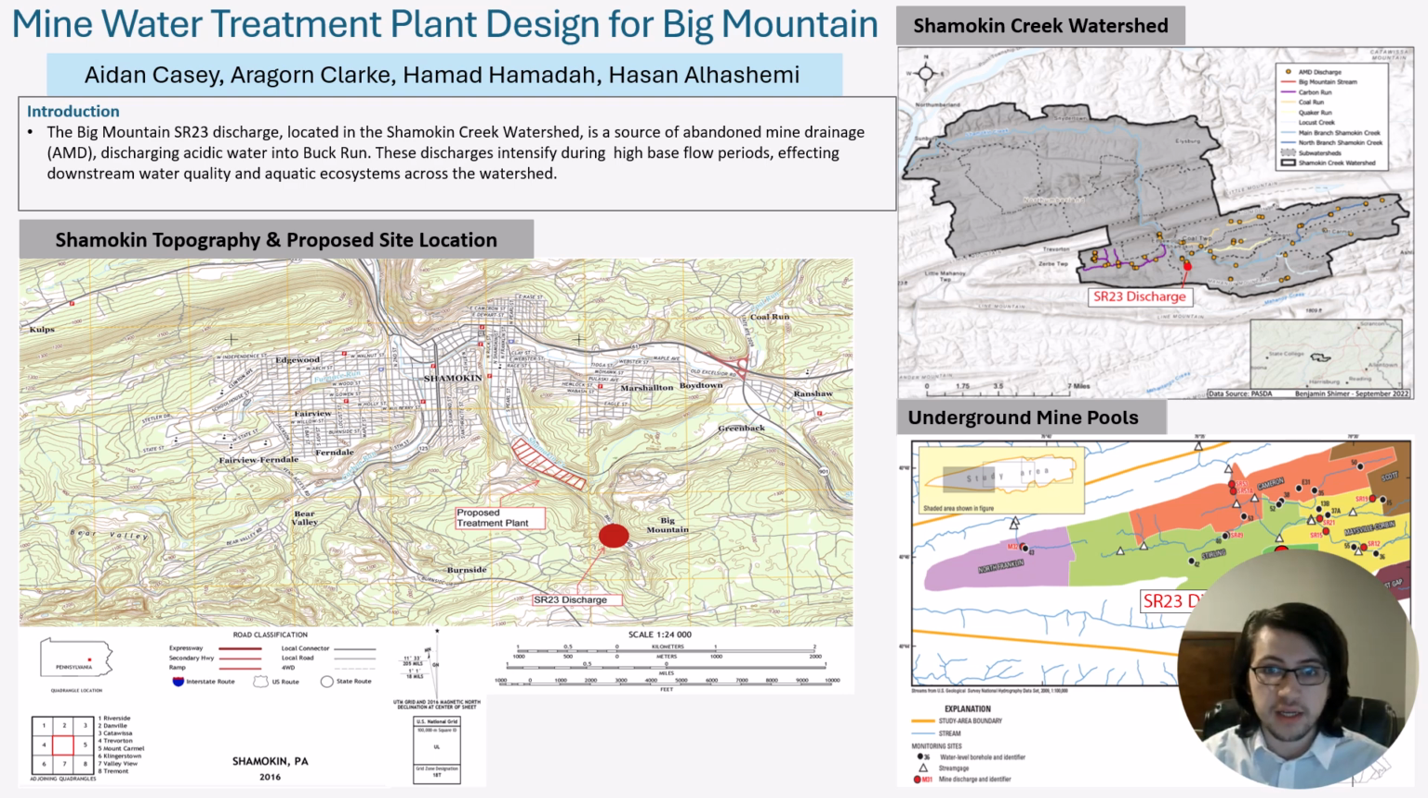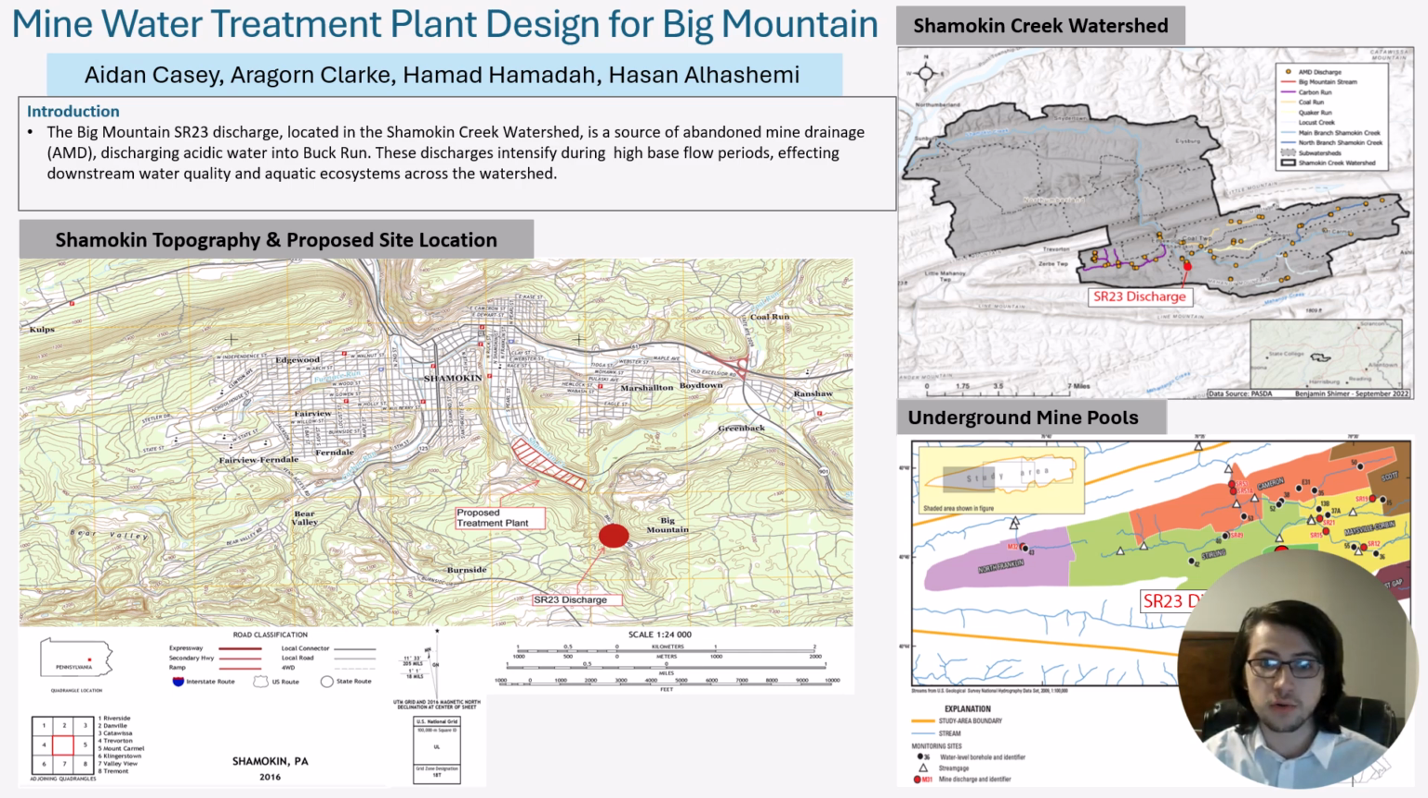Hello, my name is Aidan Casey, and our team designed an abandoned mine drainage treatment plant for Big Mountain, where our goal is to turn acid mine drainage impacted streams into healthy streams. Shamokin Creek, spanning 32 miles, faces significant AMD inflows, and Big Mountain is where we will be focusing on this